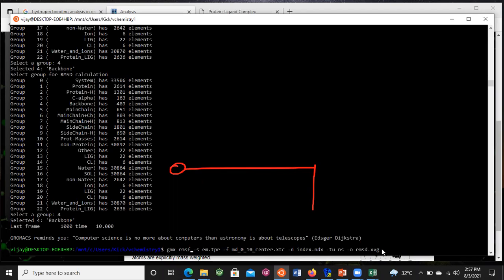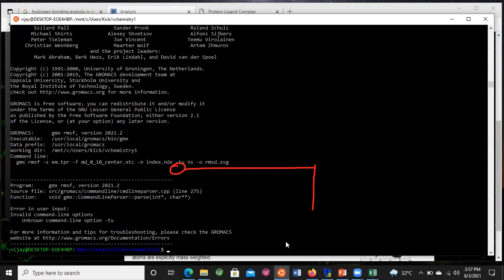Now press enter. Oh, sorry, we have to remove the -fit parameter. This parameter should be removed. Now press enter.